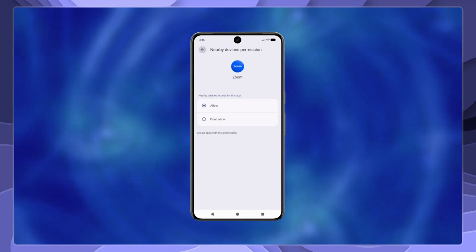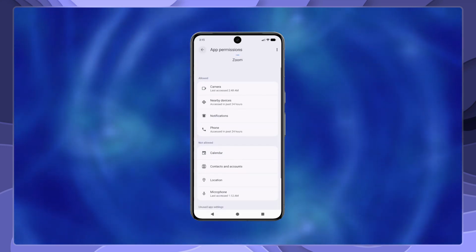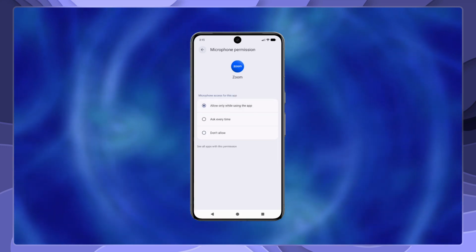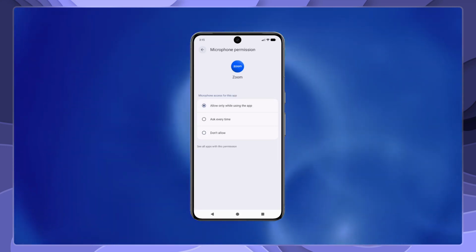Now go back to the Permissions menu and tap on Microphone. This ensures Zoom can use your Bluetooth device's microphone if it has one. After tapping Microphone, select Allow Only while using the app. This permission setting is perfect because it gives Zoom microphone access when you need it without compromising your privacy when